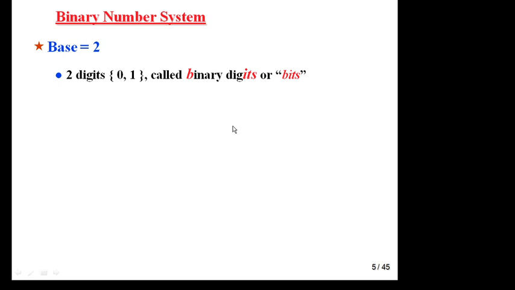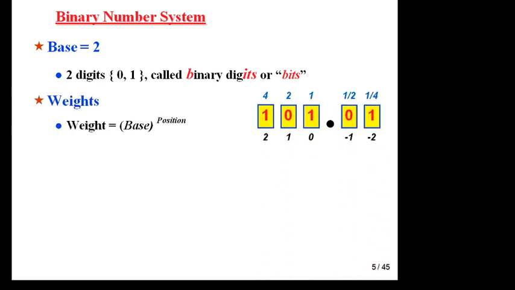Now come again to binary number system. There are only 2 bits, 0 or 1. These digits are called bits, so you have to remember 0 or 1 are bits. In general way we can say it is digit, but in binary number system it becomes bit. The same thing is again applicable here, r to the power i position, where r is 2.